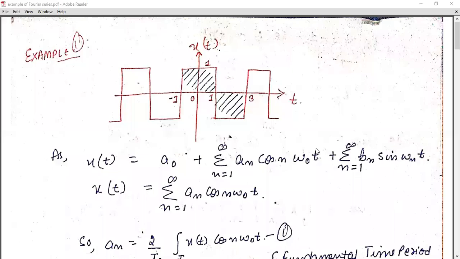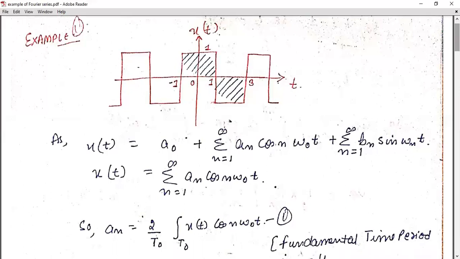Today we are going to cover one of the examples of Fourier series. In my previous lecture, I explained the complete series of Fourier along with how to find the coefficients of your Fourier series. So this is one of the examples. Suppose you are given a square wave whose time period is from -1 to 3, and the signal is known as x of t along the t axis. So how do we form the Fourier series and find the proper answer for this?